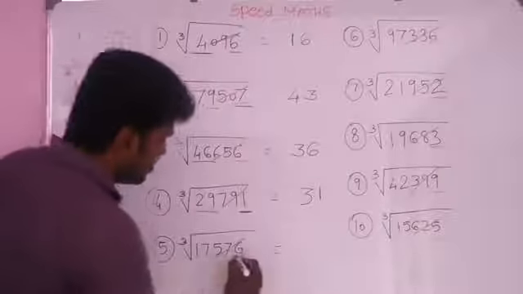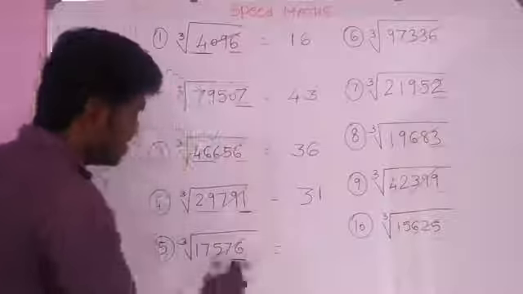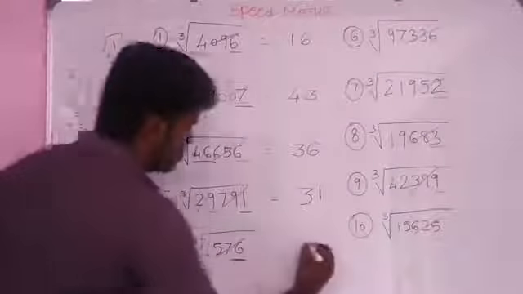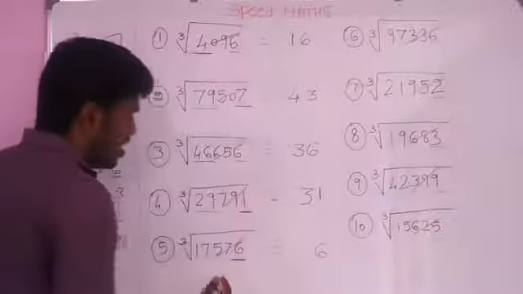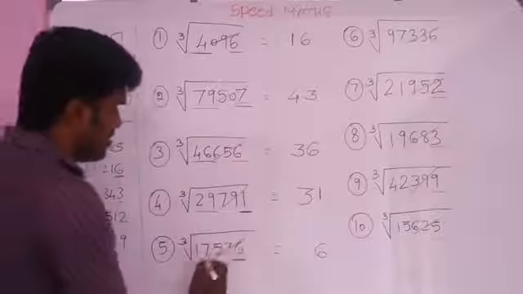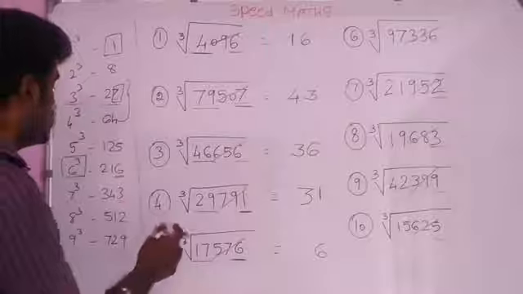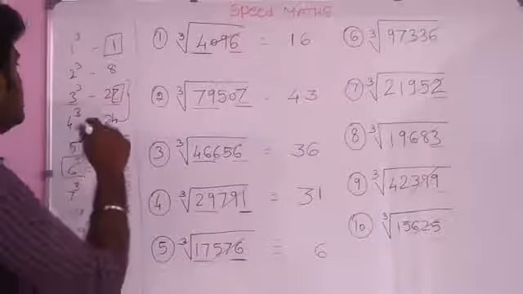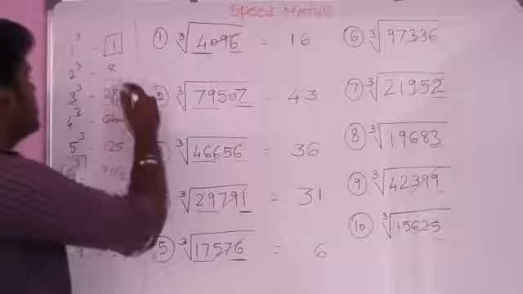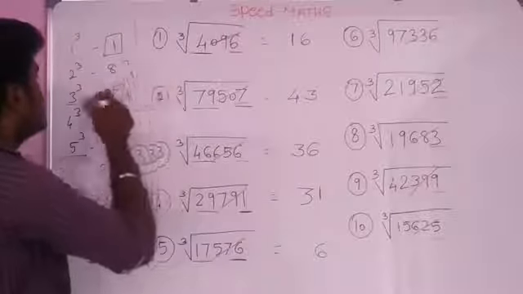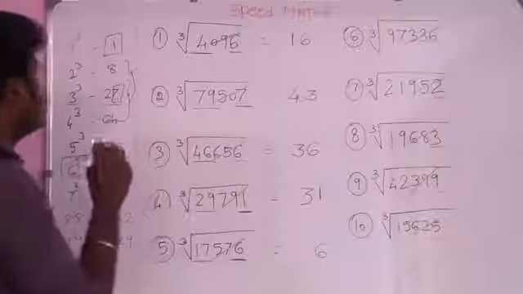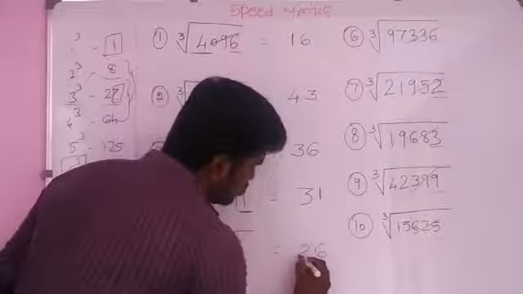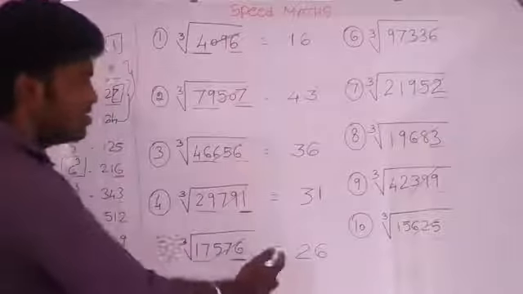And another question, just take the last digit, that is 6. The cube with last digit 6 is 6 cube. So we take the value 6 and omit the last 3 digits, and the remaining value is 17. Compare the number 17 with the cube values. 17 is between 8 and 27, that is 2 cube and 3 cube. We take the smaller value, 8, which is 2 cube, so we take 2. So the answer for this question is 26.